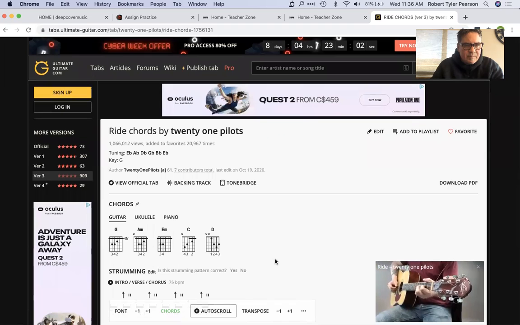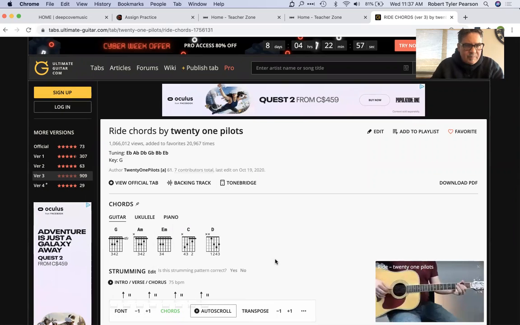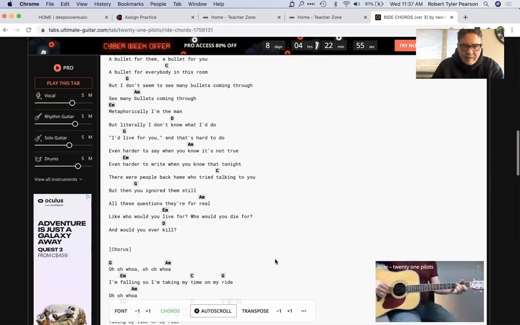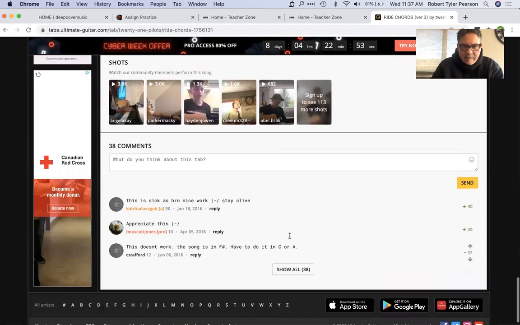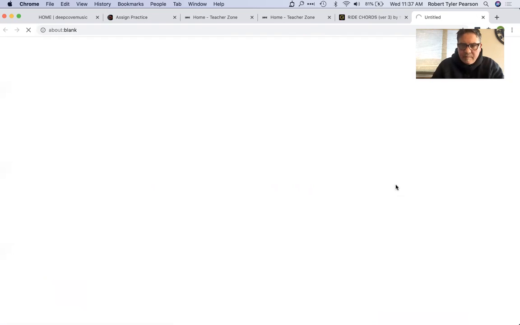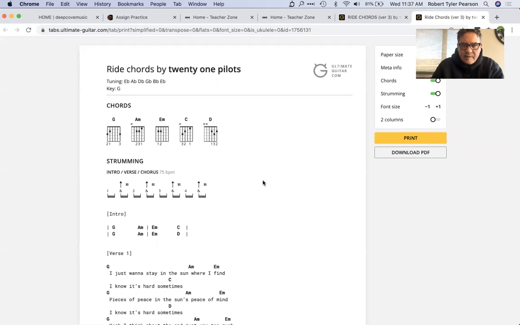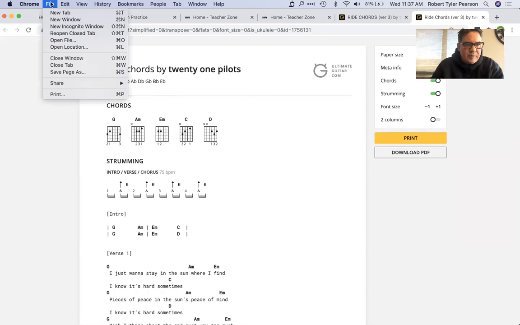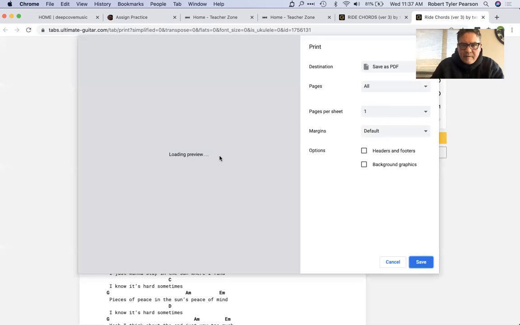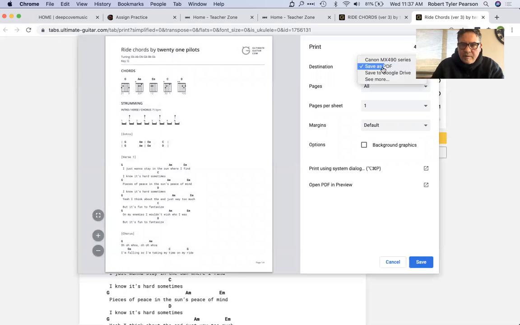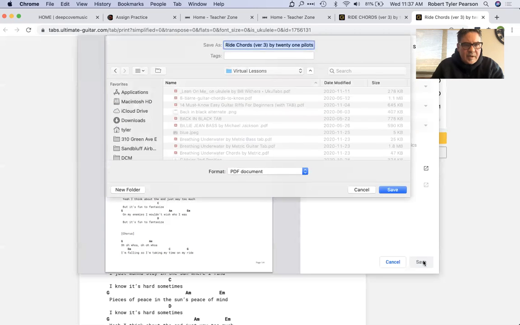When you're using this particular website without membership, it's kind of a nice fun thing to do. You go down to the bottom here and you go to print. It clears out all the advertising and whatnot. And then you can print from your browser. And when you do that, you can choose here to save as PDF. And then you can save that as,